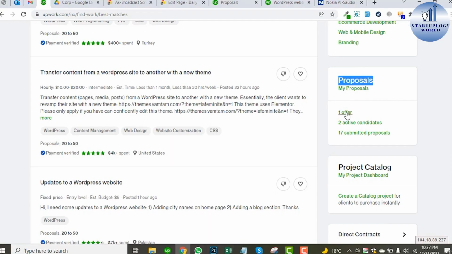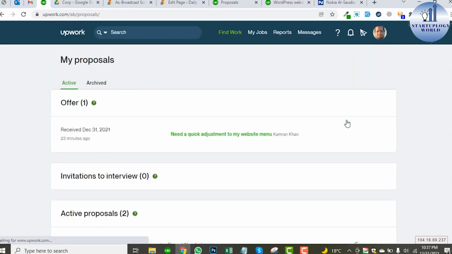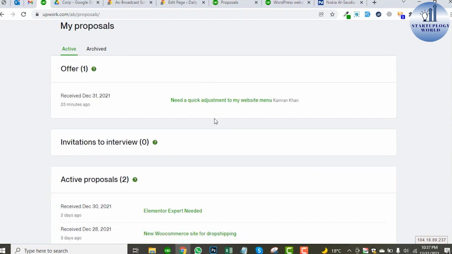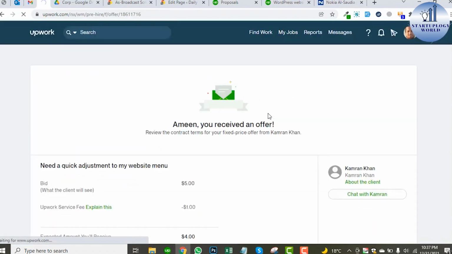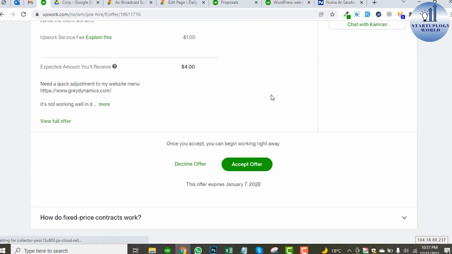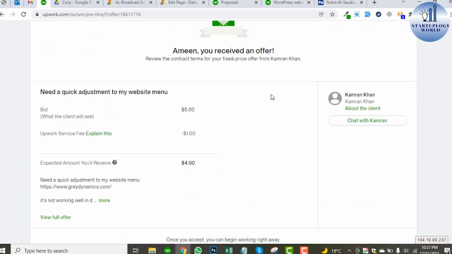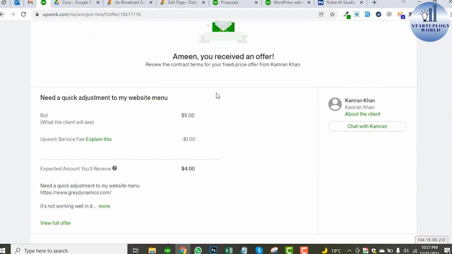So right now, if you go to the home page of your Upwork account, just after the proposals, you will have these three options. You can see there is one offer. If I tap on this one offer, you will see what this client wants. This is a quick job that he is asking for. Need a quick adjustment to my website menu, and he's just provided the website, and these are the details that